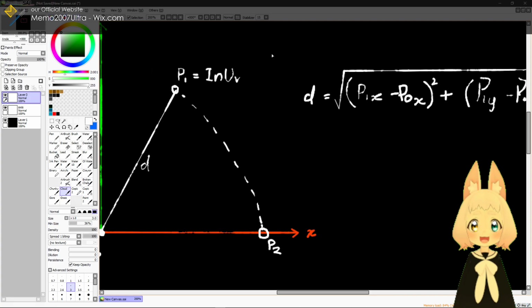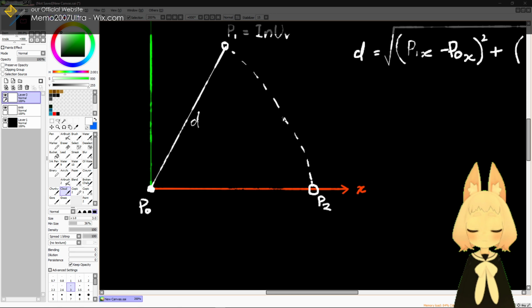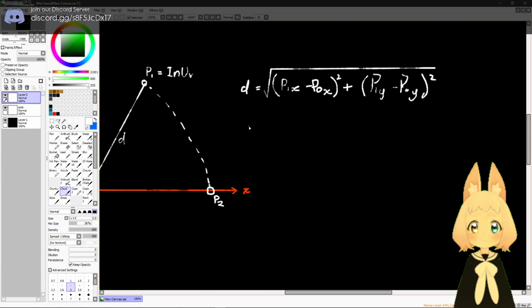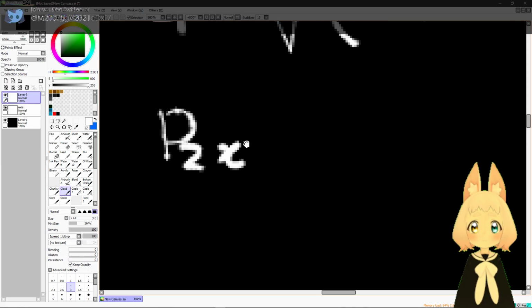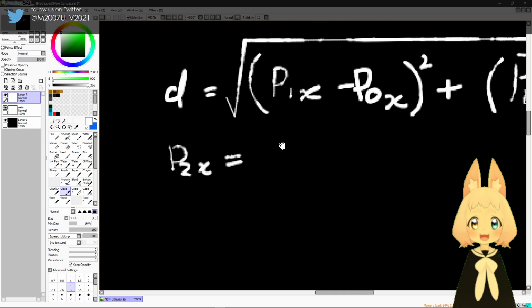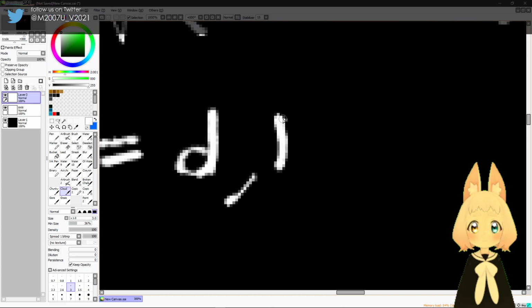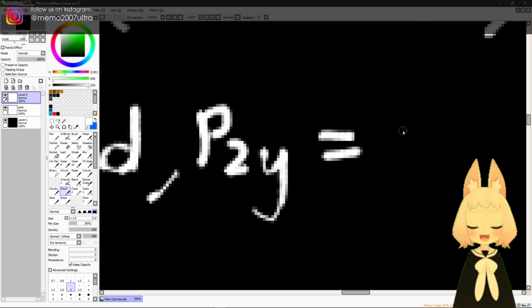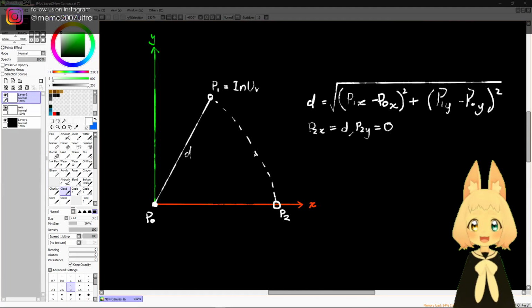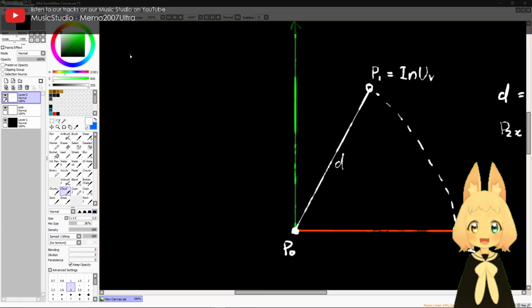So we have that. So that's the first step. Now once we have that, P2 basically just says P2 of x is actually D, and also P2 of y is 0. Now once we have P2, we need to figure out a specific